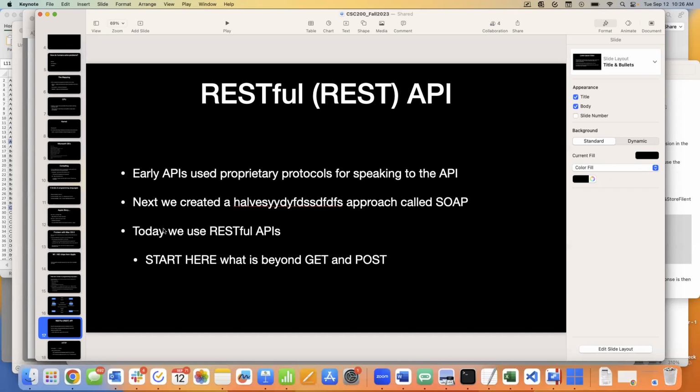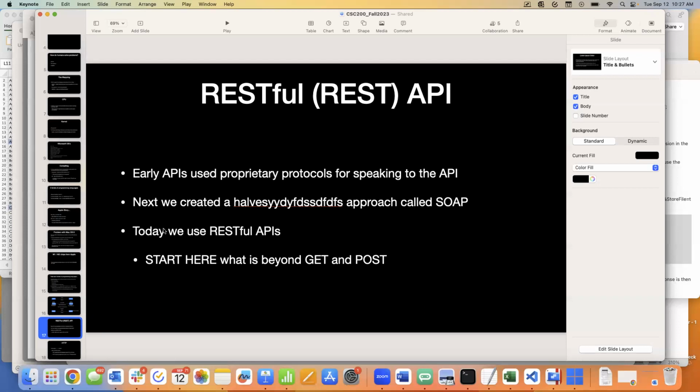Well, I might write the code that knows how to make the request to Yahoo's using a SOAP API. But when I go to talk to Google's, I might have to make a couple of little tweaks because their version of SOAP API wasn't quite identical to the one Yahoo Finance was using. So they attempted to make this standard that was mostly standardized, but not completely standardized. So every single time you were going to talk to a different API that was following the quote SOAP standard, you might have to put some tweaks in there to make sure your program was properly communicating with that endpoint.